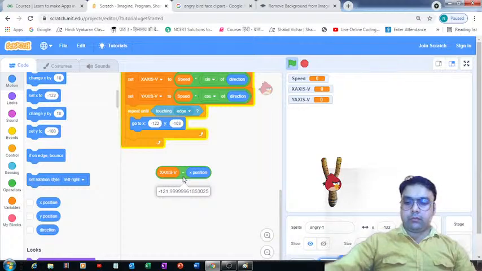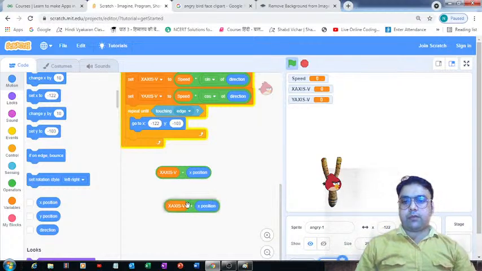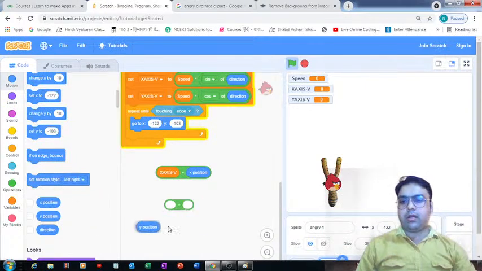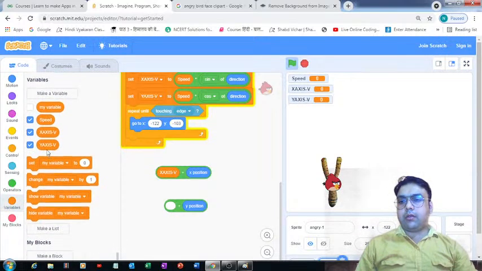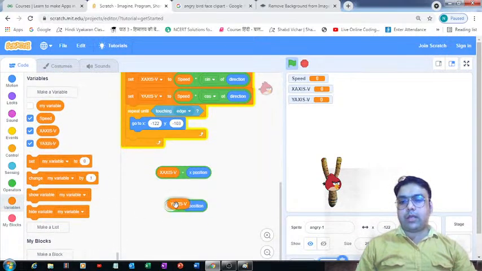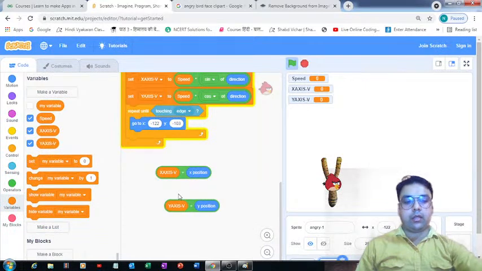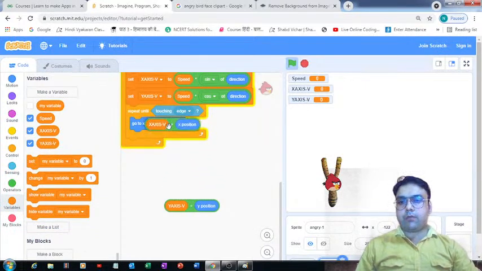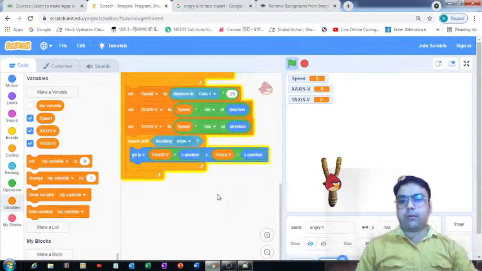Now we can create a duplicate of this, and we need to eliminate this from here. We can put this y position, and with y position, the y-axis velocity variable is going to come. Okay, now here we can simply put this one in the first input box and this one in the second input box.